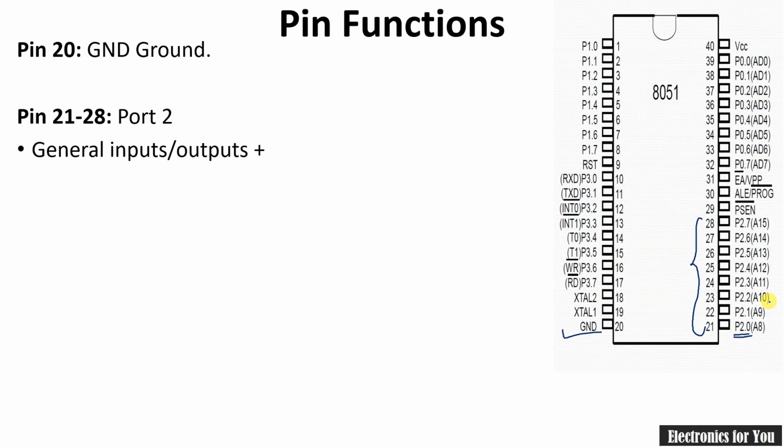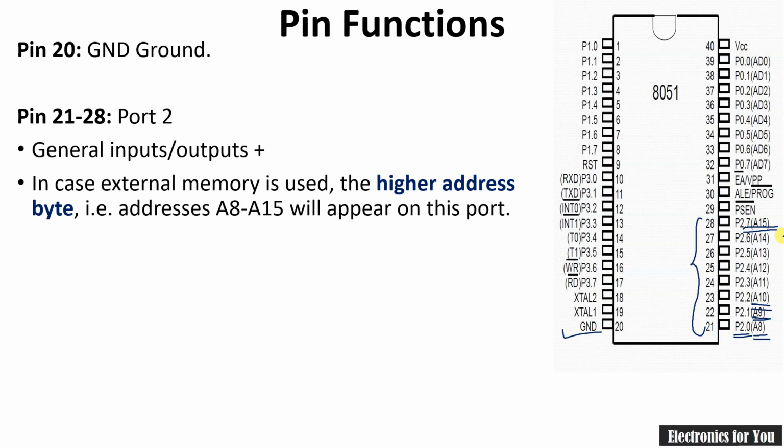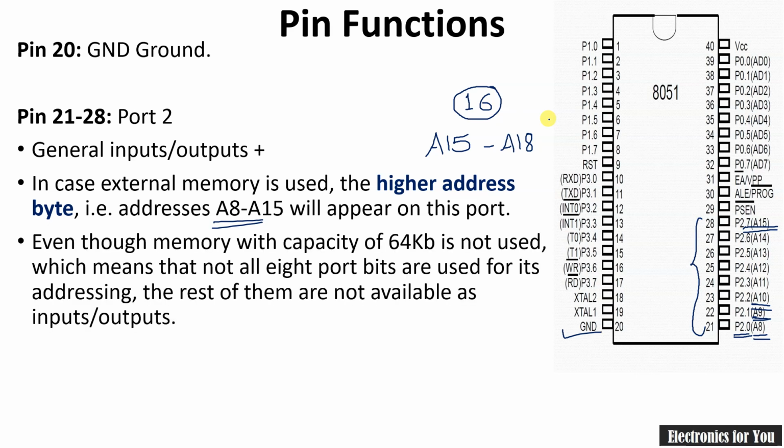So port 2 can work as an input output port, but apart from this, as you can see, it has A8, A9, A10 and so on up to A15, which indicates the higher order address lines. A8 to A15 are called the higher order address lines. Whenever we connect external memory to the microcontroller, we require address lines to be connected there. There are a total of 16 address lines, and A15 to A8 are called the higher byte of the address lines, and here is the function for the